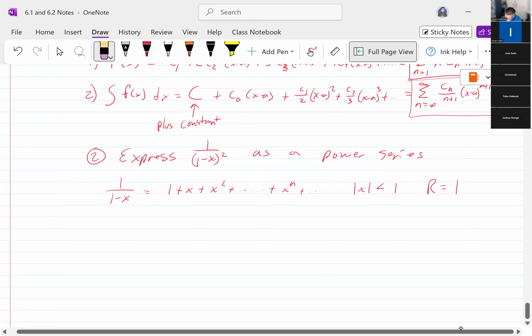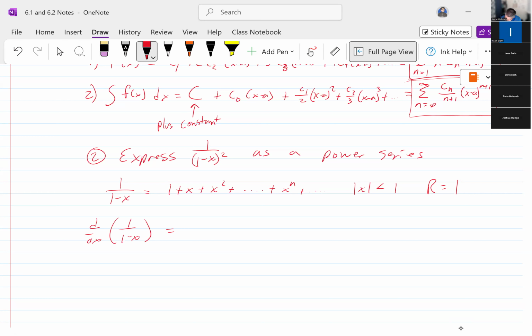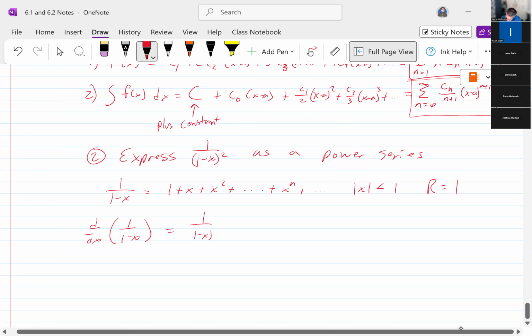But the easier thing to do here is to notice that the derivative of 1 over 1 minus x is actually 1 over 1 minus x squared. That's the derivative. Now why is that? Well, if we took the derivative of this thing,